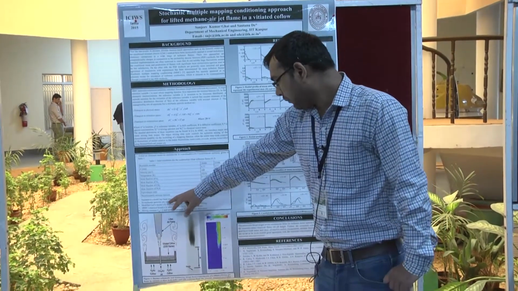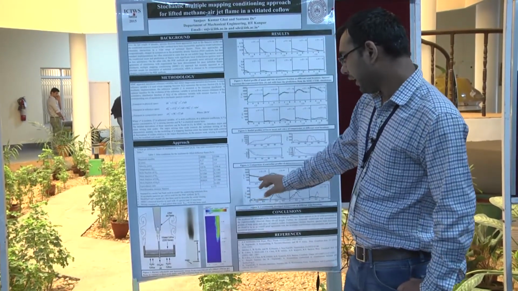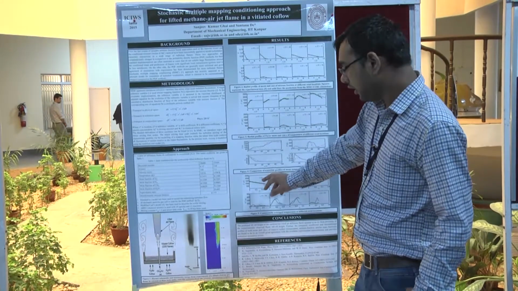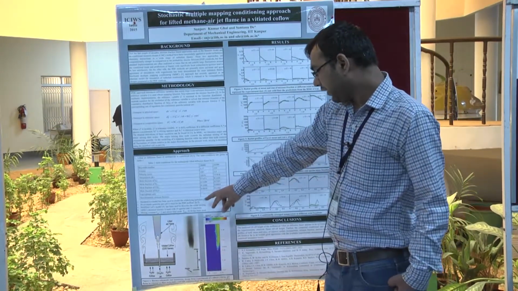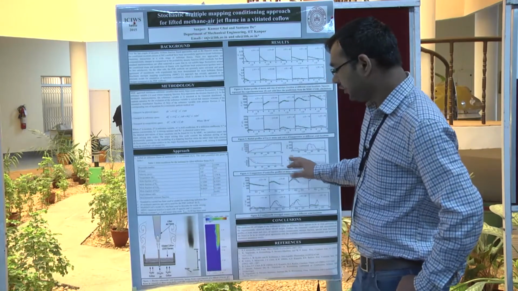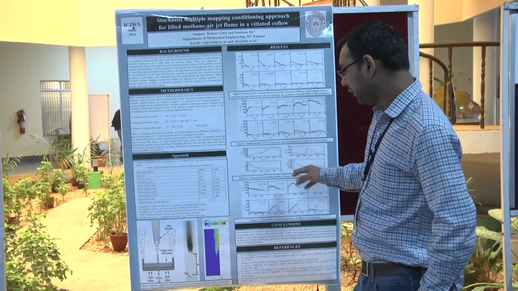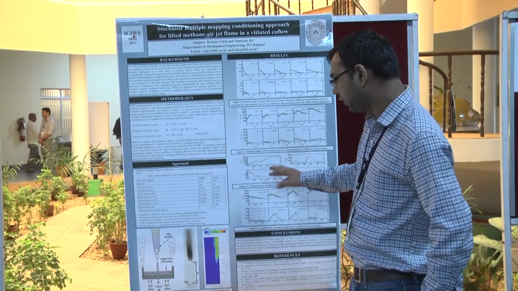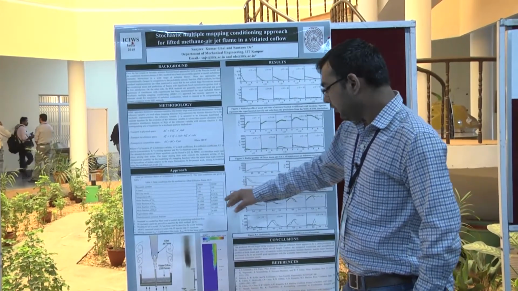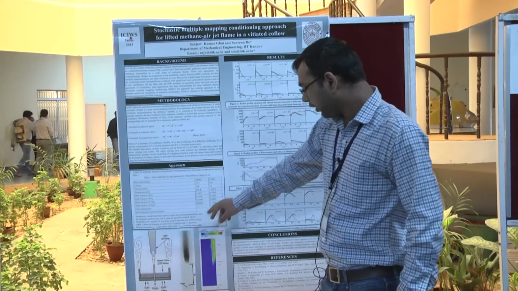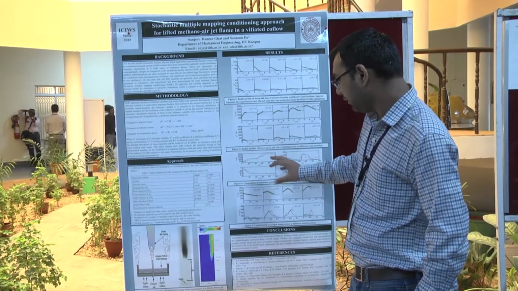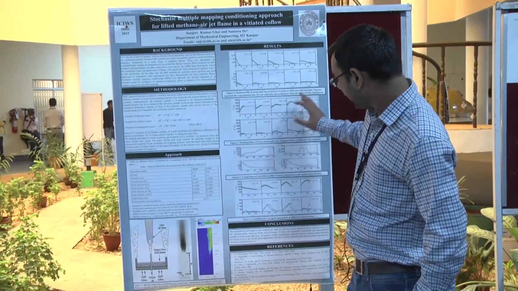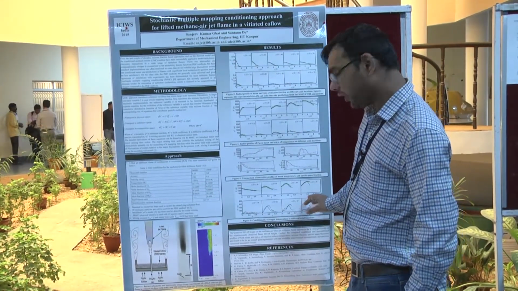We used a modified curl mixing model, and the chemical kinetics used is ARM2 with 19 species and 15 reactions. We use mixing model constant C5 equal to 2, and in MMC we have two time scales, a major time scale and a minor time scale. The major time scale controls the major fluctuation, and the minor time scale controls the minor fluctuation. We fix the major constant C5 equal to 2 and control everything by the minor fluctuation with T minor equal to 0.5, and it gives a good result compared to the experiment.